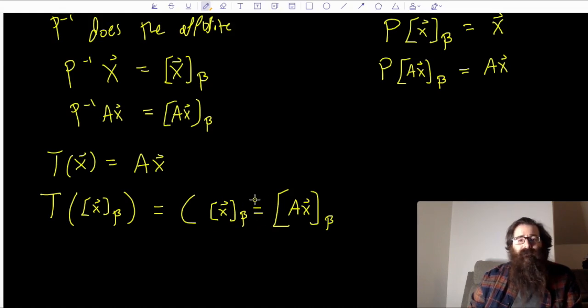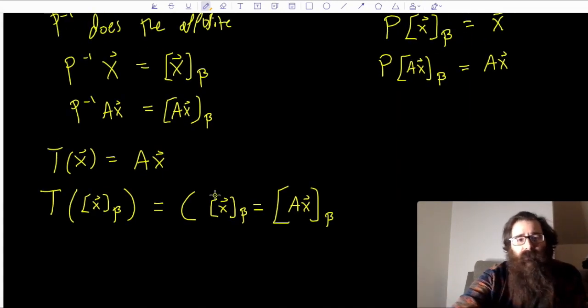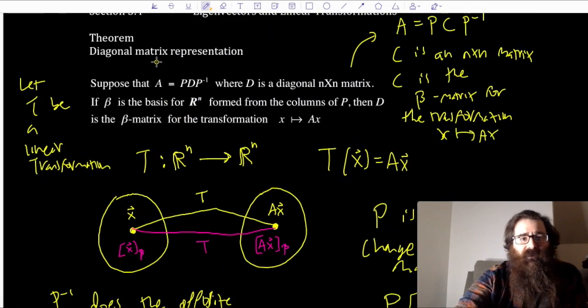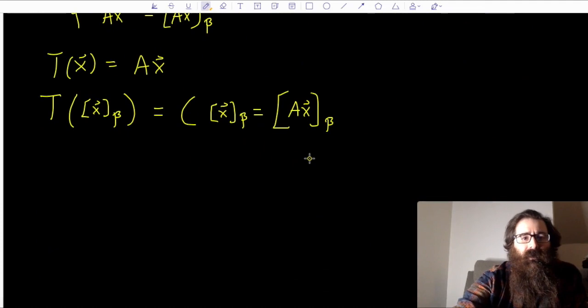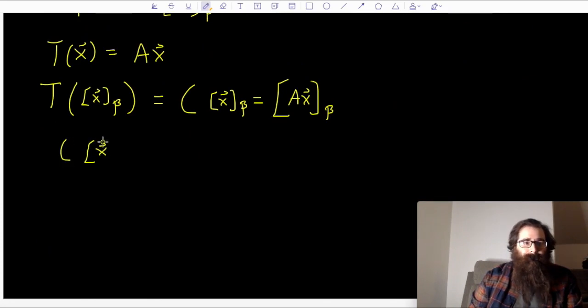But I want to try to find some way to hopefully relate this back to what I'm already familiar with. If I can do that, then hey, I'm on top of the world. That's what I want to do. So let's see if we can explore this any further. And to be honest, there is already a relationship. It's already described up here. Spoiler alert, right? But let's see if we can corroborate this. So let's go ahead and focus on what we have. So it's C times x sub beta is equal to